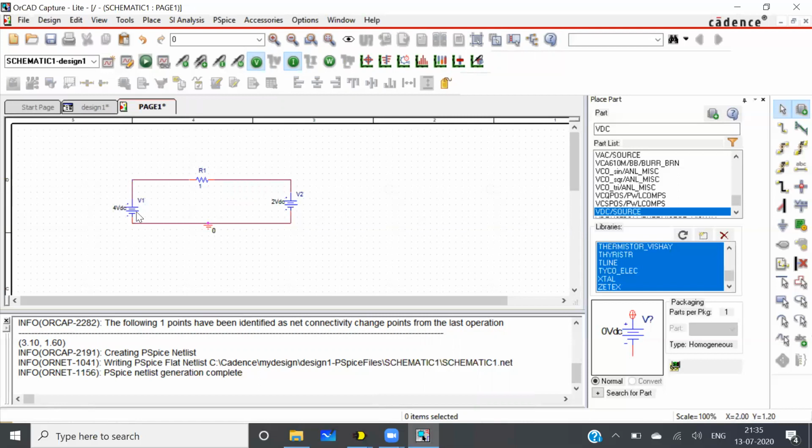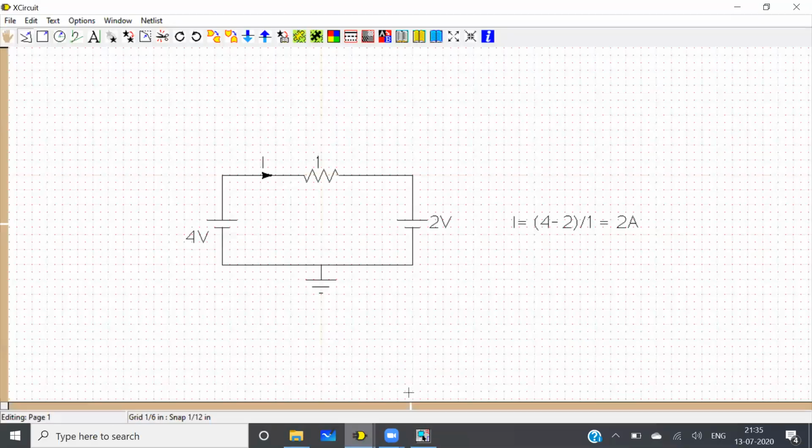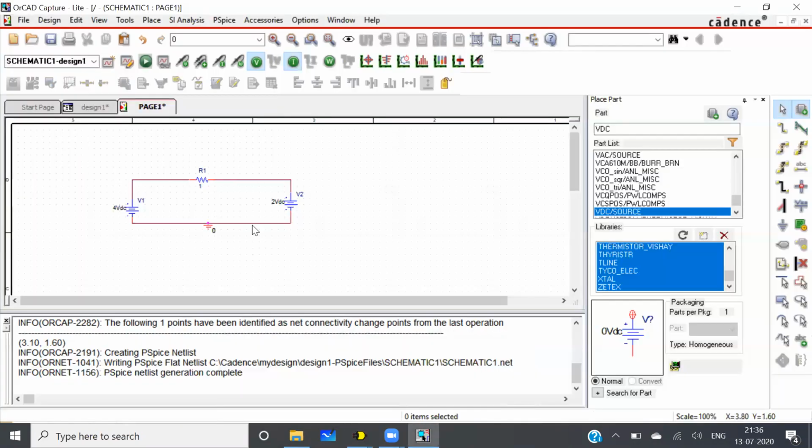Here I want this current. This current has to be equal to the potential difference divided by the resistance, 4 minus 2 divided by 1. So this current has to be equal to 2 ampere. We need to verify this. To find the current, you can see there are different markers here.